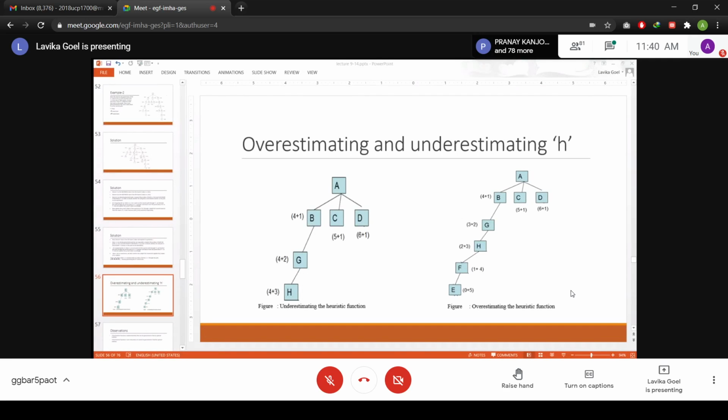So you generate from G, H. Now when you generate H, it has got an F value of 7. So in that case, you have a lower F value node already existing in the open list. And that lower F value is C, because C has got a total F value of 6 and H has got an F value of 7. So in that case, you have realized that you already have a better node in the open list. So the search will backtrack from H and it will now follow the path through C.